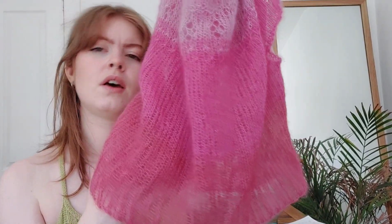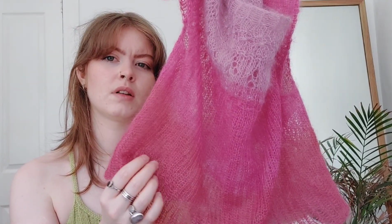All of these are Drops. I can't think of the names off the top of my head. Actually, that's a lie, I don't actually know what this bottom colour is. My parents are about to move house, so I went down and looked through all of my stuff, and I found a little scrap of mohair, this one at the bottom, which just so happened to go with this gradient. So anyway, this top one is light pink, I think, from Drops. This middle one is just pink, and that one, do you know, I want to say that it's actually Drops. I know that I didn't buy that, I'm pretty sure that was handed down from either my granny or my auntie to me, but to me it does look like the raspberry colour, if I remember the names correctly from Drops. Could be wrong, don't actually know the label,